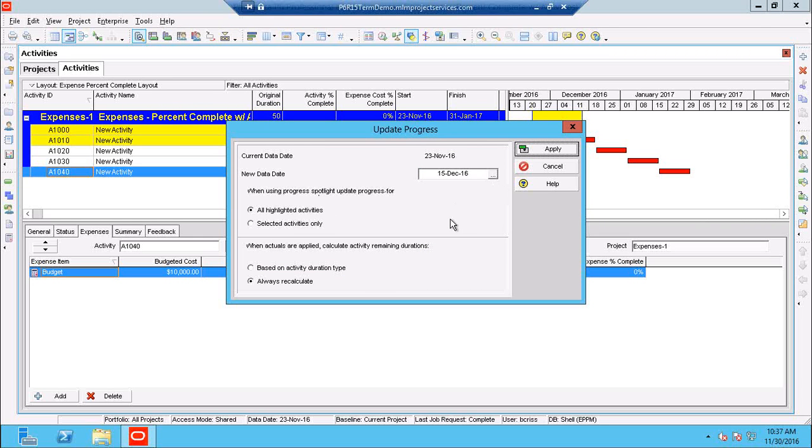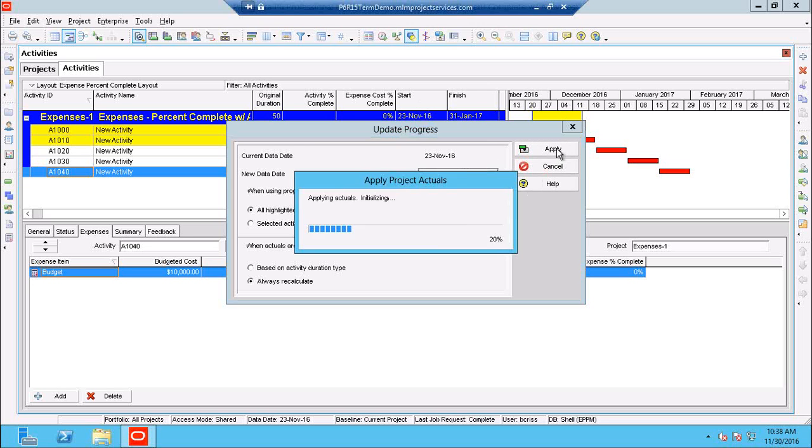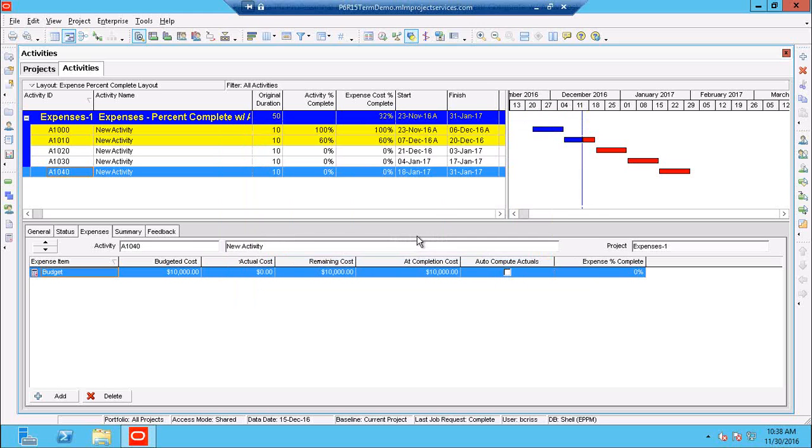Now what this is going to do, and you should check this first before you run this, is it's going to update everything, all of my activities and expenses and resources. It's going to update them to say everything went as planned according to the planned dates of the activities. So make sure that your planned dates are equal to your start and finish dates here. And then when we hit apply,